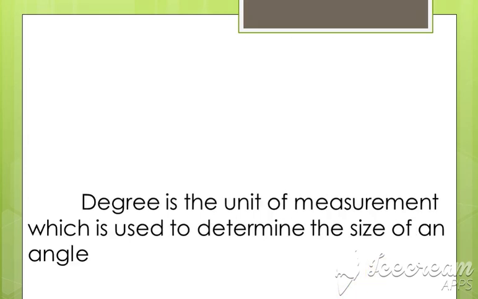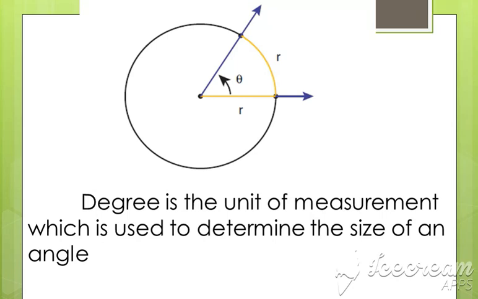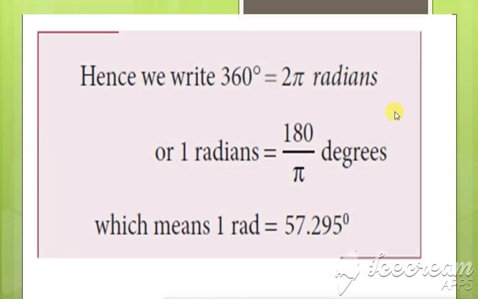Then next, this is a diagram which denotes a radian. As I have told you already, this is a circle and this gives you the radius and this is the arc, is it not? So we can say that this is the radian. So this is the degree, or this is said to be the radian, okay. Then next, we are going to see how to write this radian. Generally we know that 360 degree is equal to 2 pi radians. So this is a general form for writing this 360 degree.